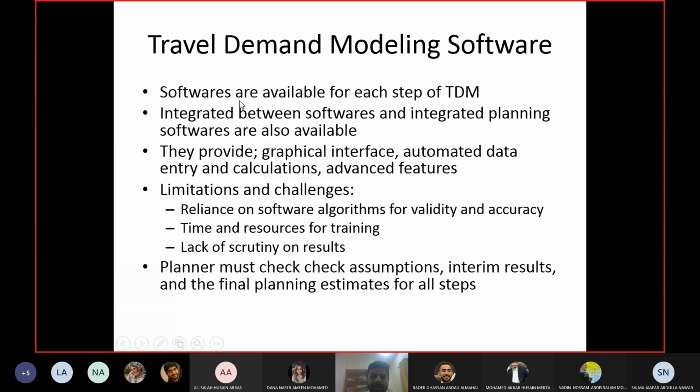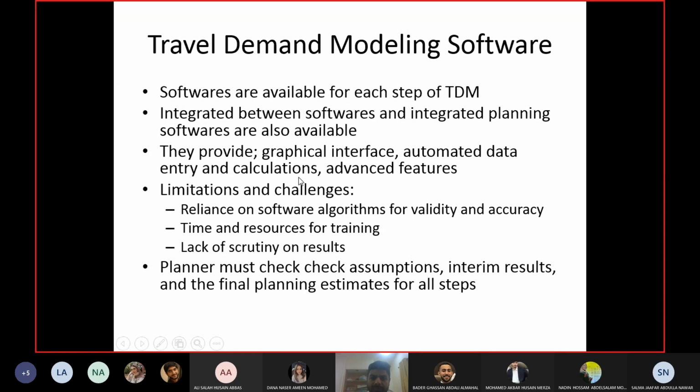So there are softwares available in which you can do each step of the travel demand forecasting model separately. There are softwares for trip generation, and not even softwares, even Excel tools are there. Excel toolboxes are there. For example, for the mode choice model, we have an Excel toolbox. For trip generation, we have Excel sheets. The models are provided in Excel sheets as well. Same thing for OD matrices and trip assignment and so on. And then there are softwares in which you can do the full planning in one platform, for all four stages.